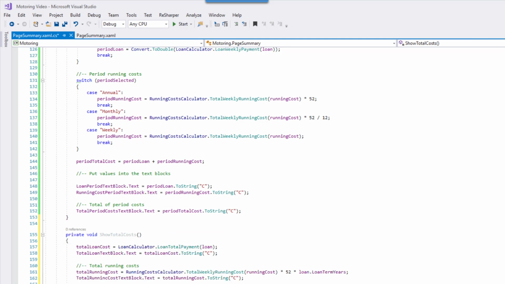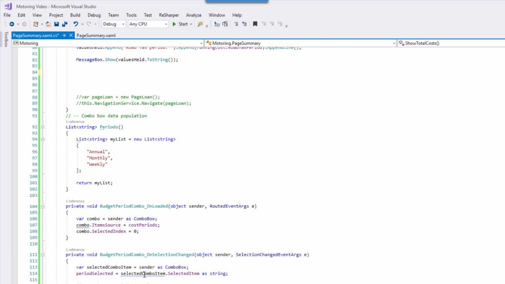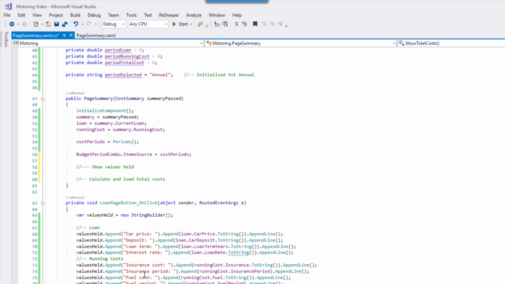So that's a void, so we're just going to do that. So we're going to do here